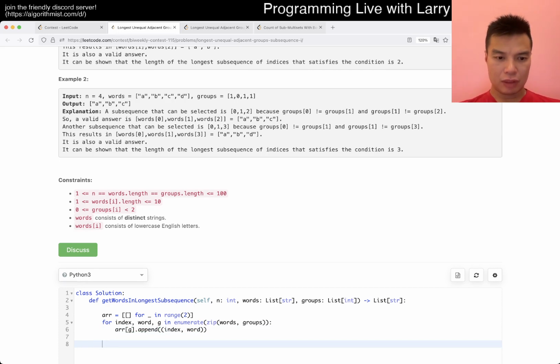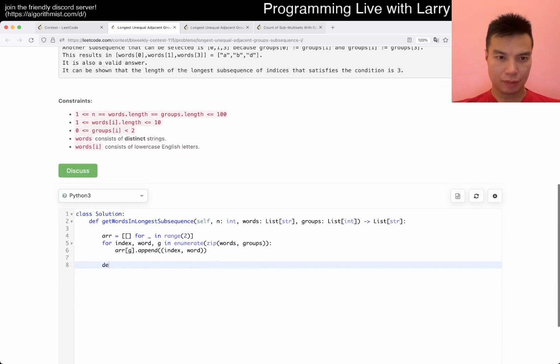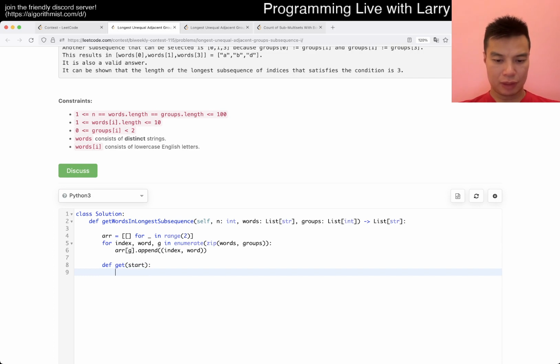And then now, do we always choose the earliest one? I guess it doesn't. Let's just go. Start, right? And then basically, yeah. Then for